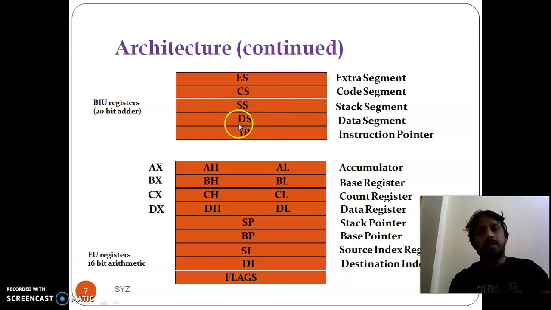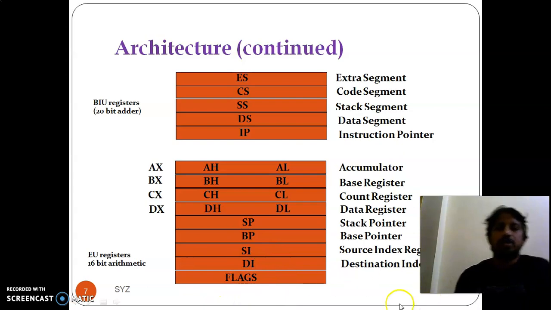All these registers are 16-bit, and you have one pointer in the bus interface unit, called the instruction pointer. This pointer is used for the code segment. Similarly, you have the stack pointer, which is used for the stack segment, and the base pointer, which can be used for a data segment or extra segment. These two, source index and destination index, are also used for addressing. The last one is a special register which gives the conditions of the results of arithmetic and logical operations, that is the flag.